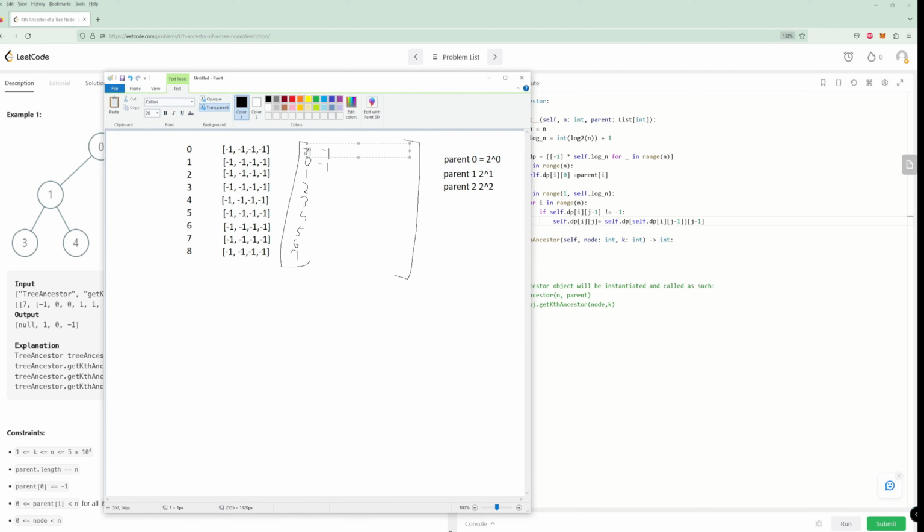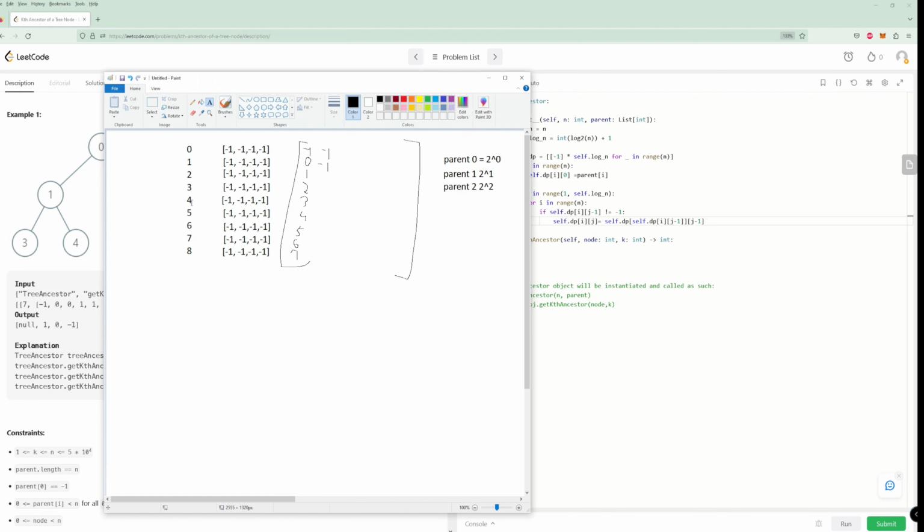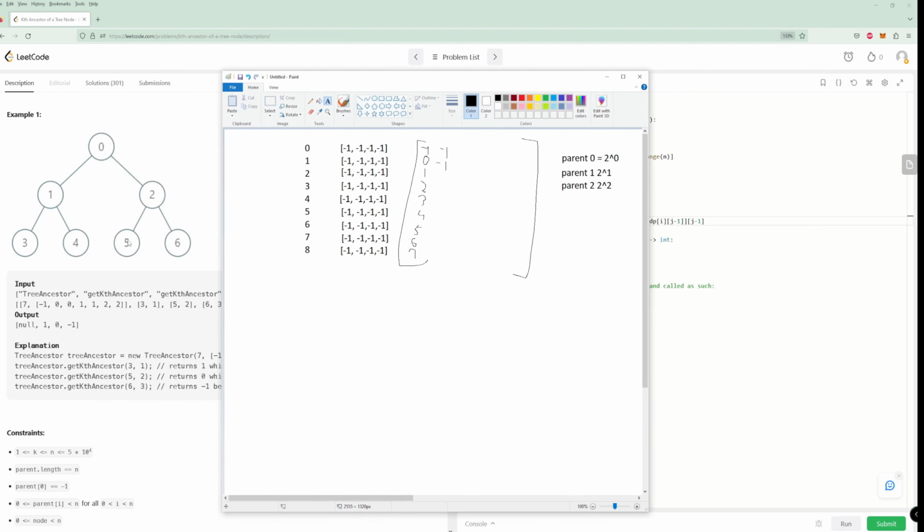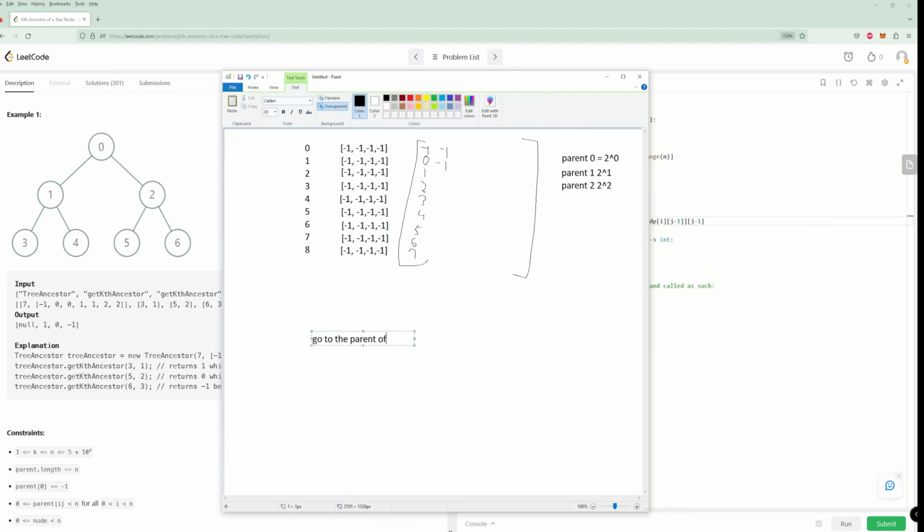So this would be the node right above it, because it would be 2 to the 0, which would be 1. And then the second iteration would be 2 nodes above, right? So in this example, the first parent would be here, the first ancestor. Then the second parent would be here, and so on. So now we're at 2. What is this parent 1 here? Well, it's 2 nodes above. What does that mean? We have to go to its parent, and then we have to go to 1 node above, because our algorithm is we go to the parent of the node,